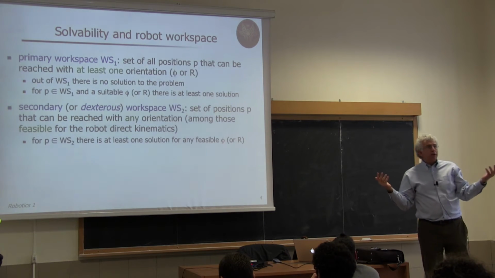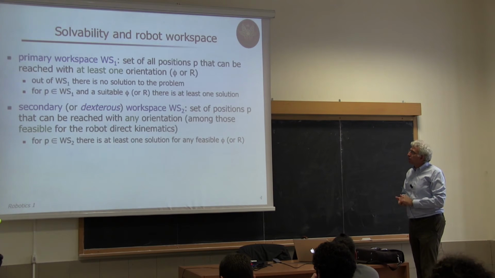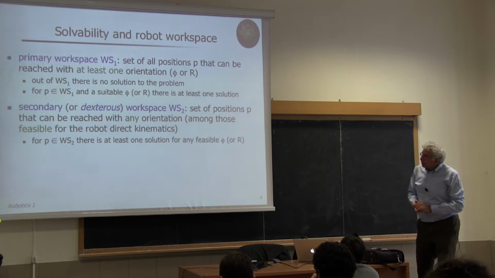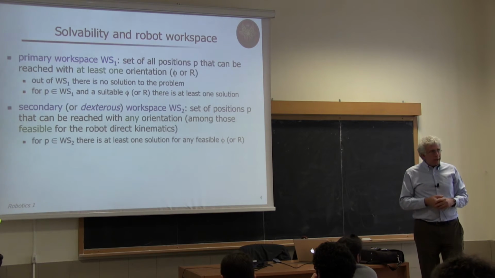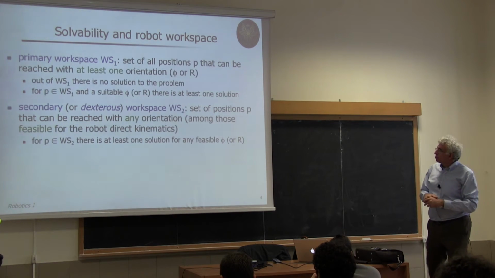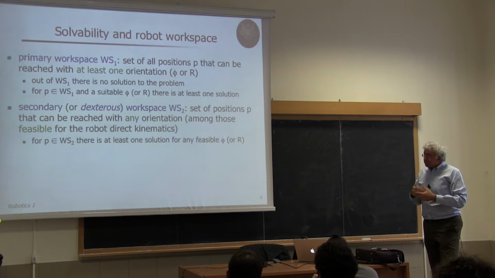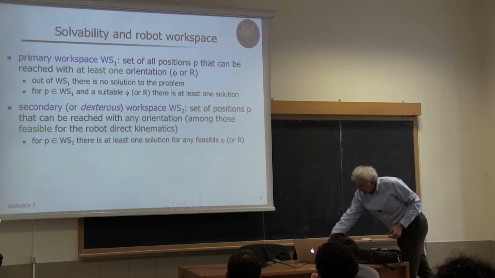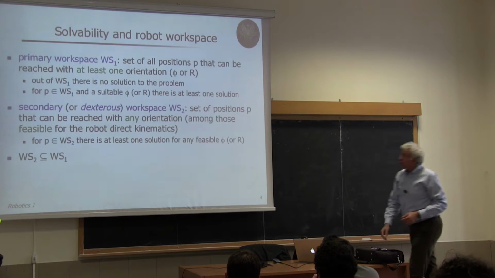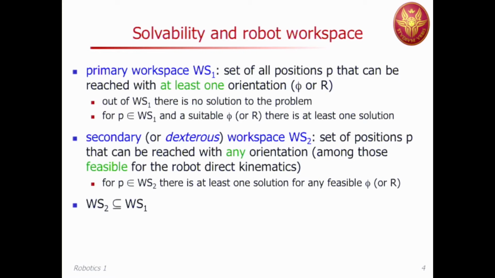But there is no guarantee to find one for other possible orientations. So this is why somebody introduced the secondary workspace, WS2, or also called dexterous, which is, in fact, a subset of the primary workspace in general,